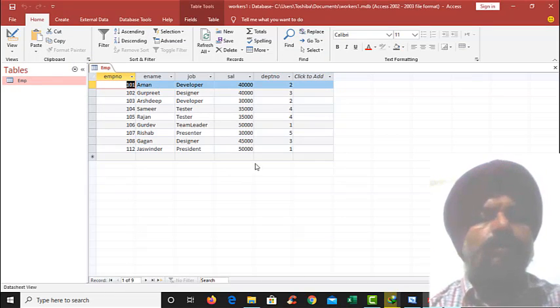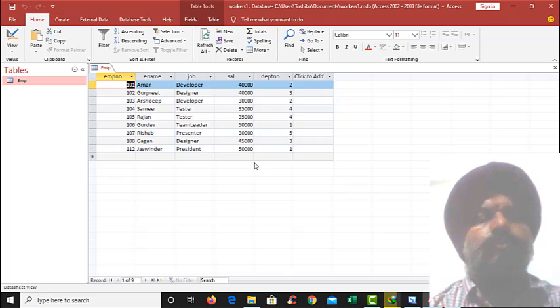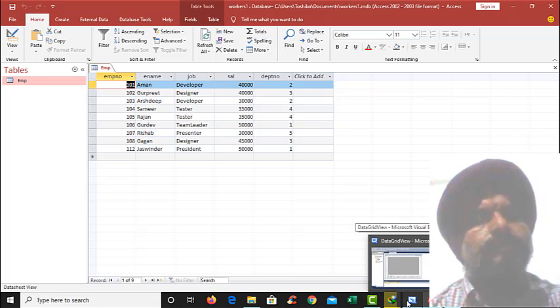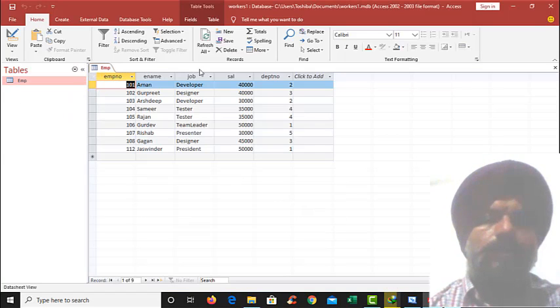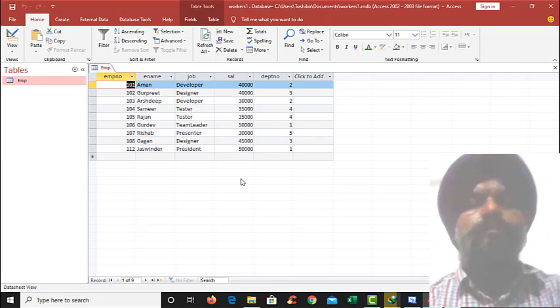That memory area is called the data set, and the connection with the database will be automatically disconnected, because in that case we will work with the data set only, not with the database directly. So a data set, just like a table, has a number of rows and columns, but it is a memory area.